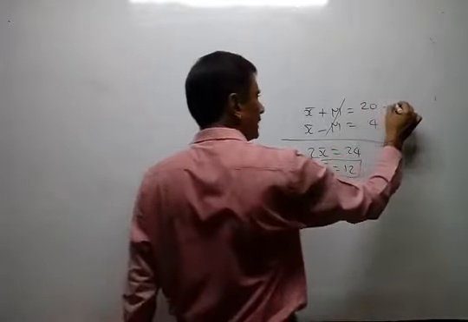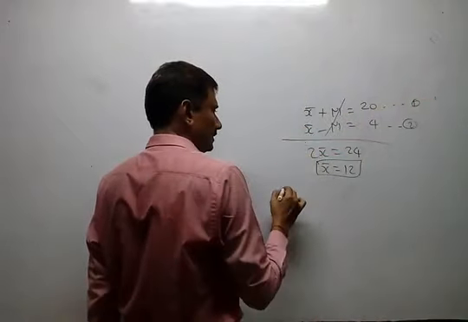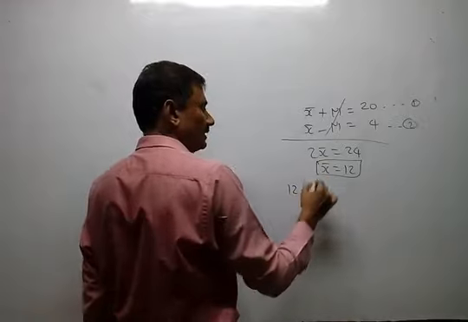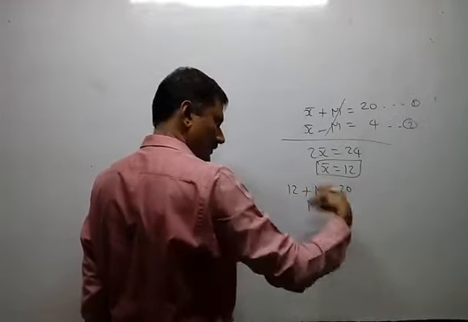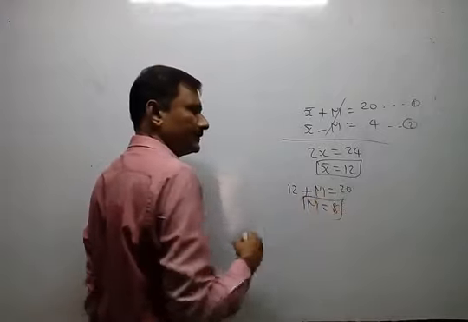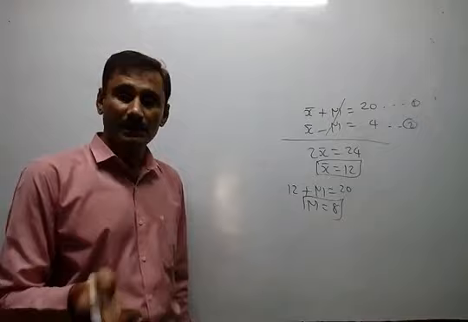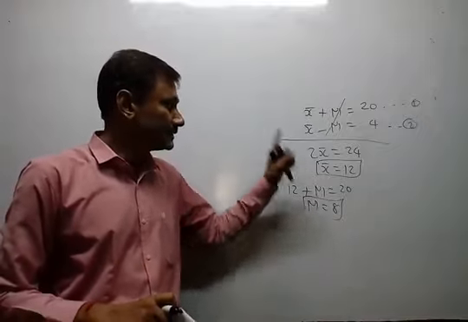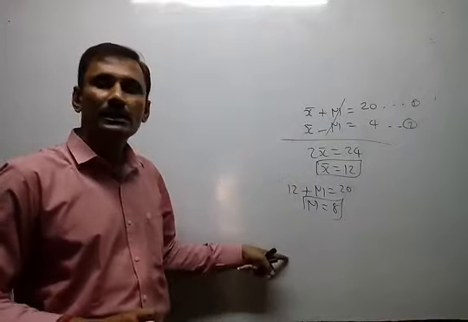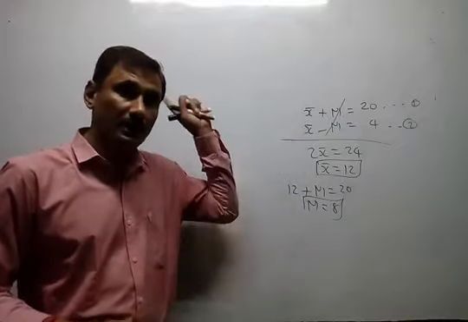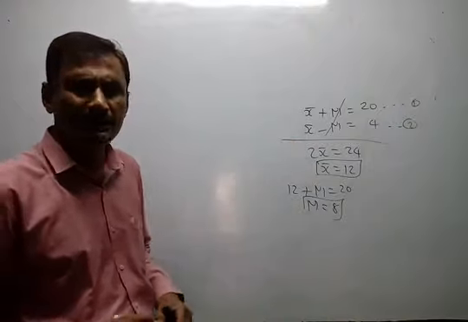And now use either the first equation or the second equation. So I am using the first equation. So x bar means 12 plus m equal to 20. So m equal to 20 minus 12, 8. Then we use that empirical formula, 3 median equal to mode plus 2 mean, and we use that with the mode. But we already used this method in earlier lessons also. So this is nothing but the elimination method.